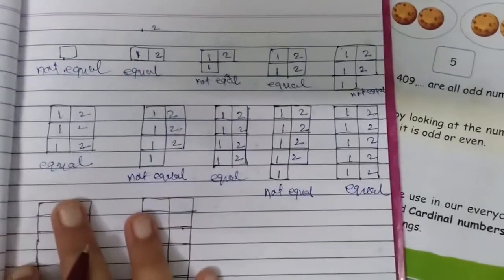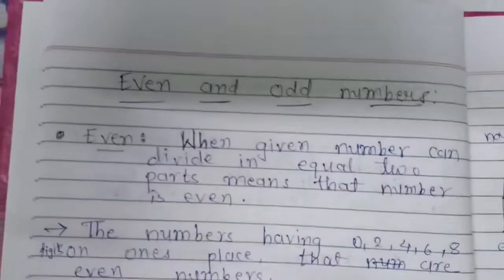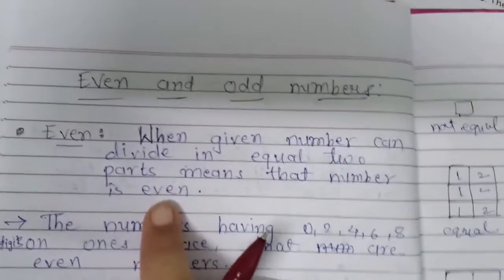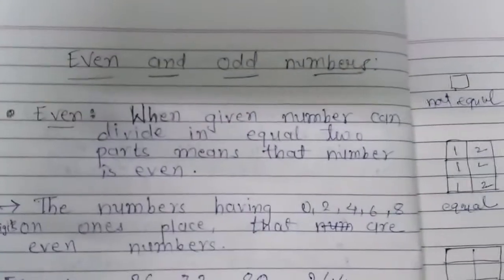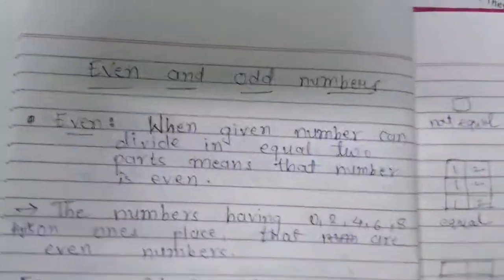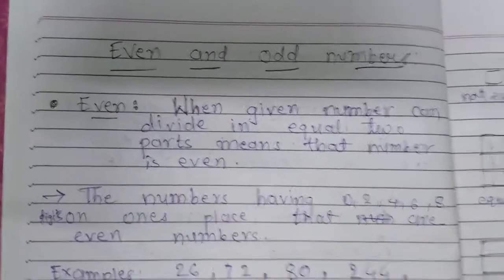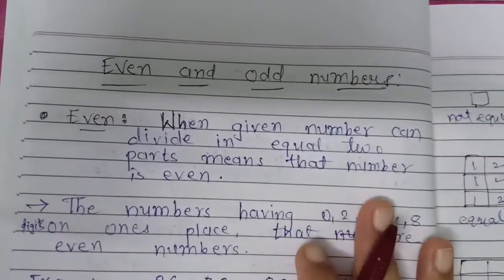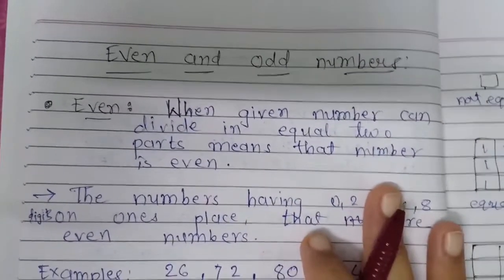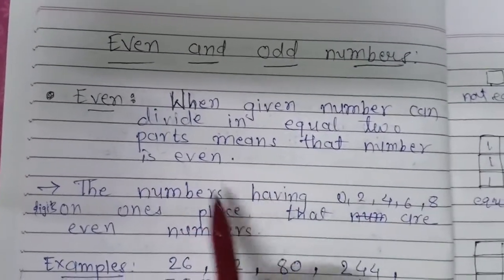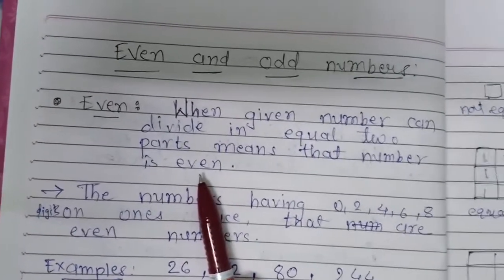Whenever a number is divided into equal two parts, that means that number is even. जब भी आप कोई नंबर लेते हो, अगर आप उसको दो पार्ट में डिवाइड कर सकते हो, जैसा भी हमने बीट्स का एग्जांपल दिया, फर्स्ट आई टेक द 10 beats, so you will be easily divided. Second time I take the 13 beats, we cannot divide it equally. So meaning of that, whenever you take any number and if you are able to divide it into equal two parts, that means that number is called the even number.